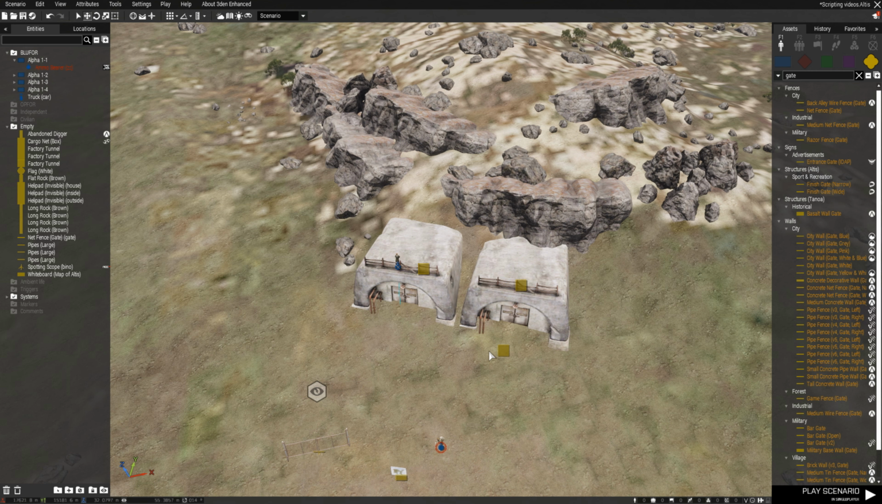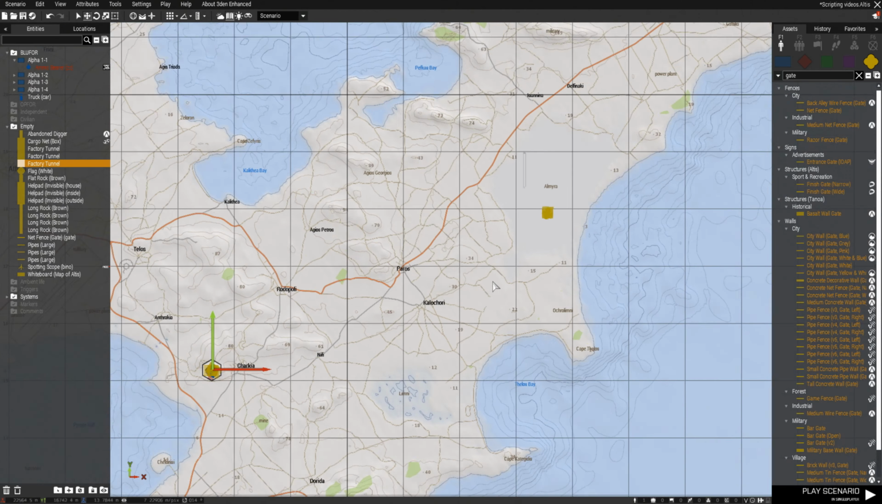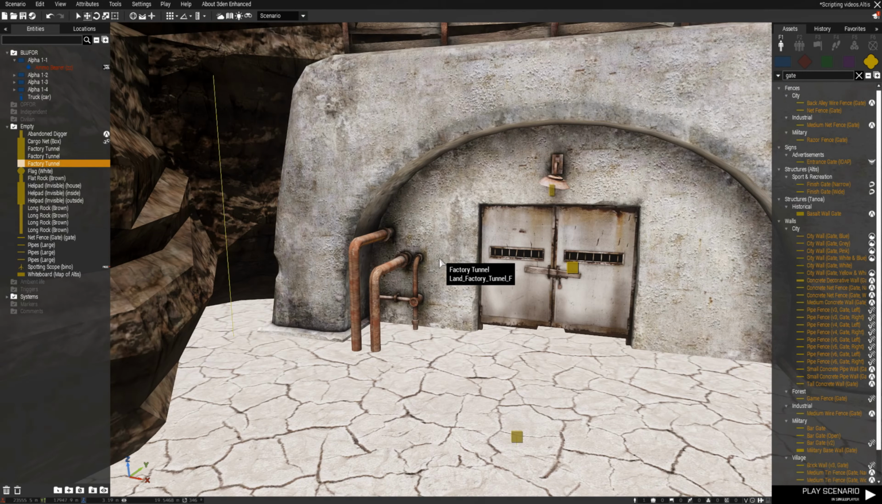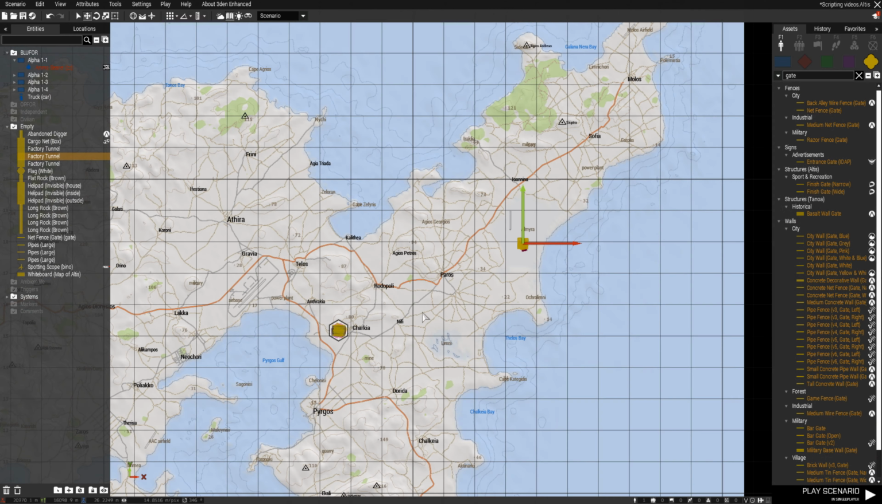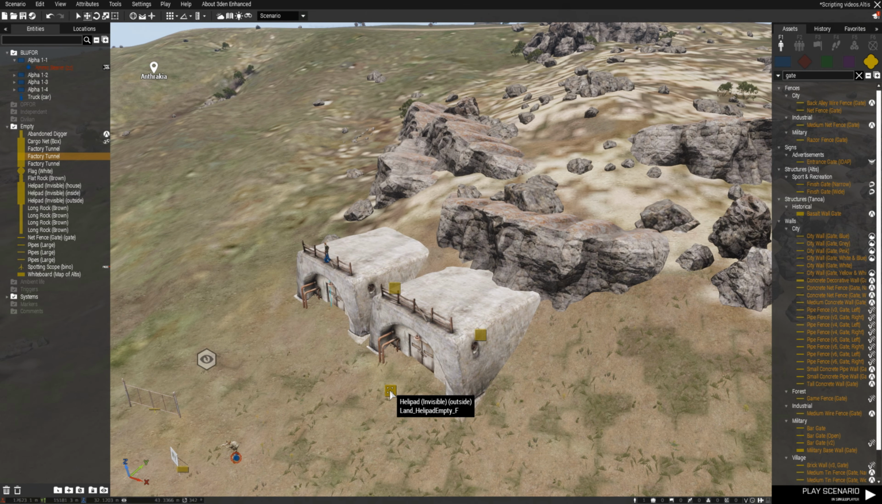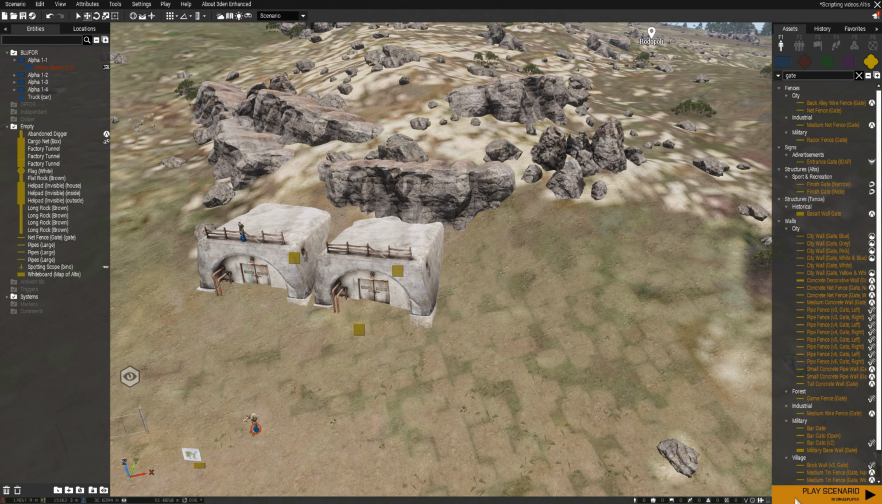Now, of course, we also want to get back out of our little tunnel here. So we have to go to this factory tunnel, and we can write exit, and of course outside, and then double check that this is called outside. Here we are. This helipad is outside, and now if we go to test this,